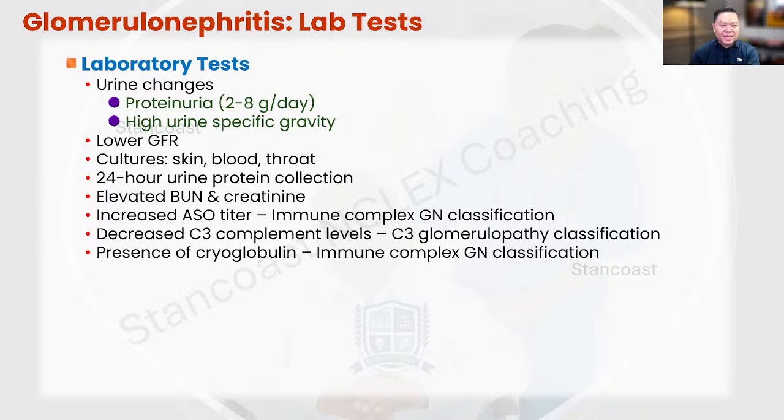So what is this? This is a test that is closely related to immune complex glomerulonephritis, and with that, this will detect the antibodies that are produced in response to the group A beta hemolytic streptococcus, or GABHS. Okay, so this will be also